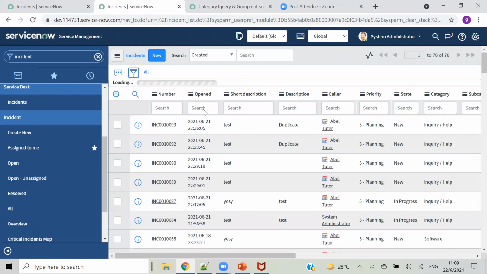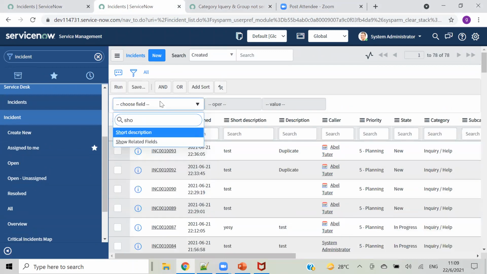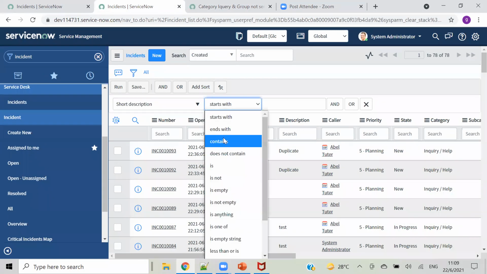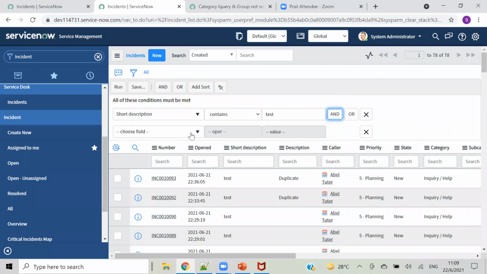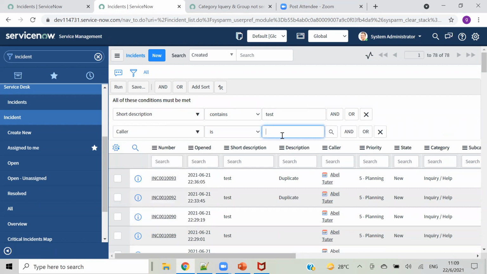Like here, short description, I'm just filtering that thing here, like contains test, and caller is able tutor.